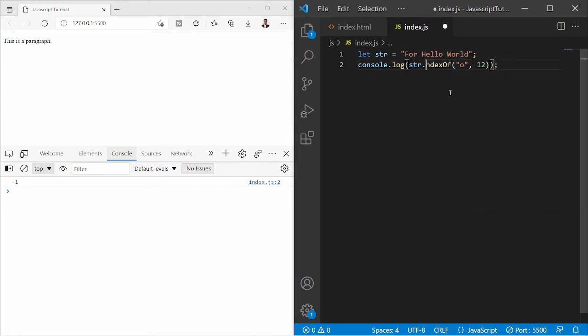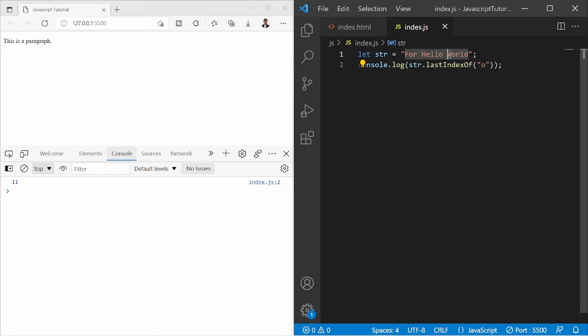So let's see if we have lastIndexOf o. The last index of o is the eleventh here. If I save it, it returns eleven. But if we want to search from the 10th, because it is searching from the backside, we cannot give 12th.